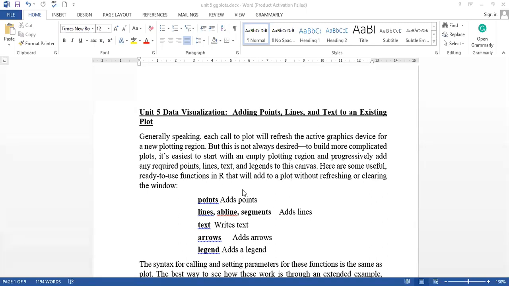For that purpose, we have certain syntax: points is used to add points, lines, abline and segments are used to add lines, text is used to write text, arrows is used to draw an arrow, and legend is used to draw the legends. Legends, I hope you know, are the description of the plot.